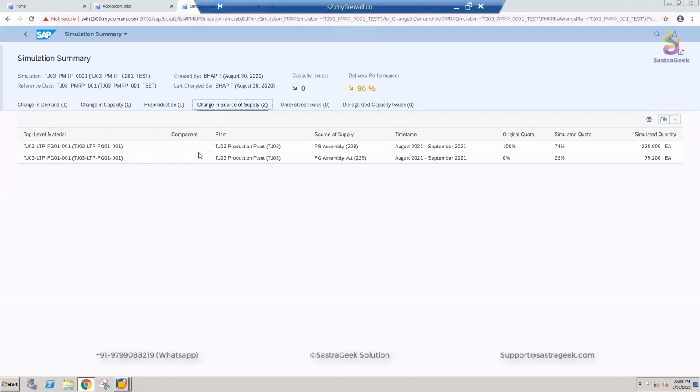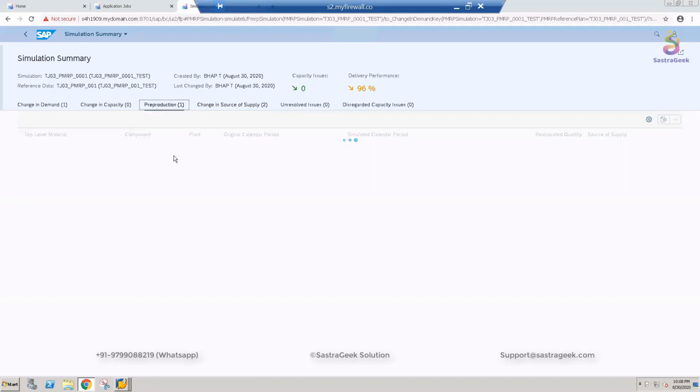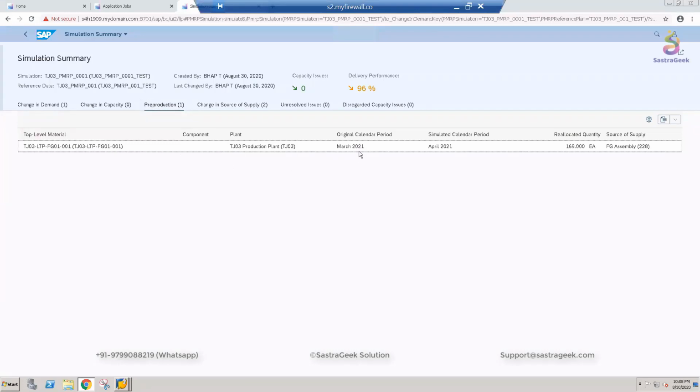Here you can go inside and see, okay, for this line, this much quantity we need to give, and for the next line this much quantity. So when you are creating plan order to production order, manually you can choose the second production version and say, okay, 79 to this line, 200 to this line, done. In the same way, when you are creating the production plan, you can simply say, okay, for the month of March, originally it was supposed to happen in March and then simulated to April for this much quantity. You can simply bifurcate the plan order to production order by 169 and create in the next